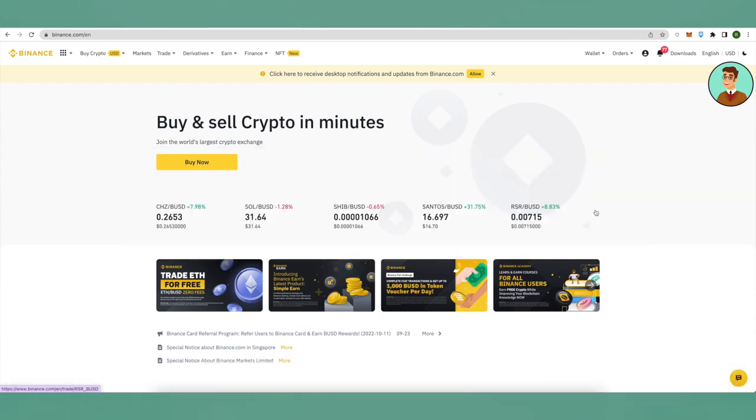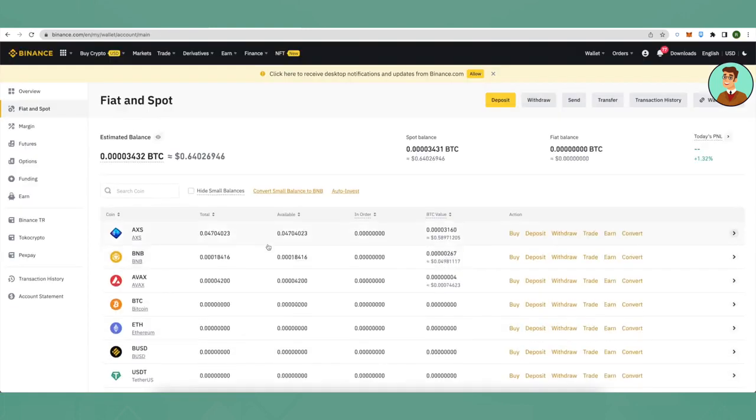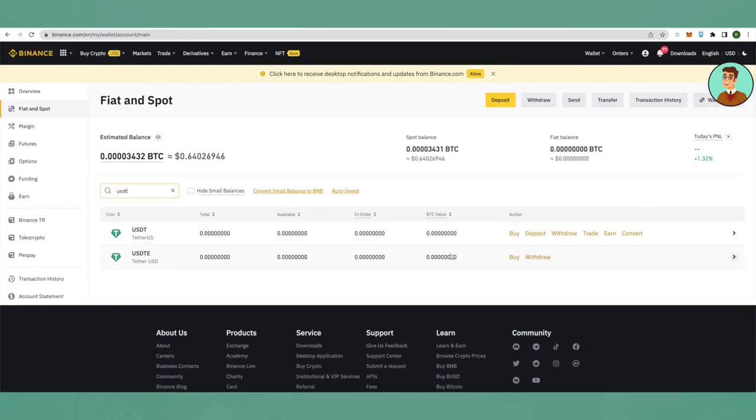So for that, log into your Binance account and then click on wallet, then go on spot wallet. The process is same whether on mobile device or on PC. So search for USDT here, and here you will see USDT. So there are different options to it. Suppose you want to send USDT to another Binance account. In that case, you will click on withdraw, and in case you want to receive USDT, then you will click